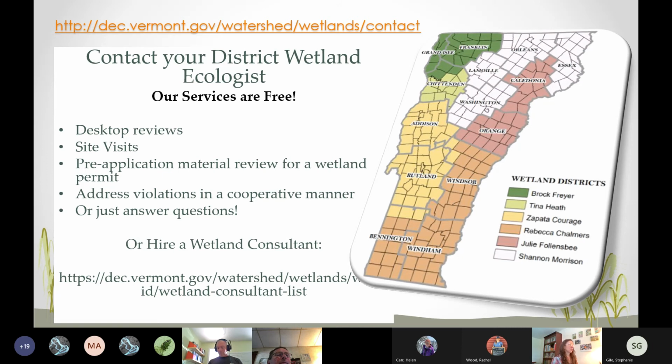The next steps, if you do think there is a wetland, is usually to contact the ecologist and figure out where to go from there. We do provide our own desktop reviews. This time of year, I'm in the office 2 days a week and out 2 or 3 days a week. So we want this tool to provide some of that desktop review for somebody who needs an answer quickly. But we do site visits. We look at project planning material and answer questions, and we do that all the time. The alternative is also to hire a wetland consultant, and all this information is on our webpage. I can provide that for you.